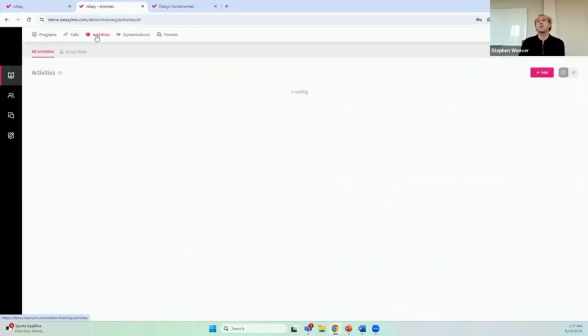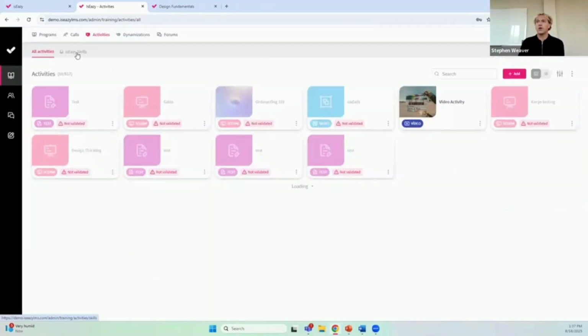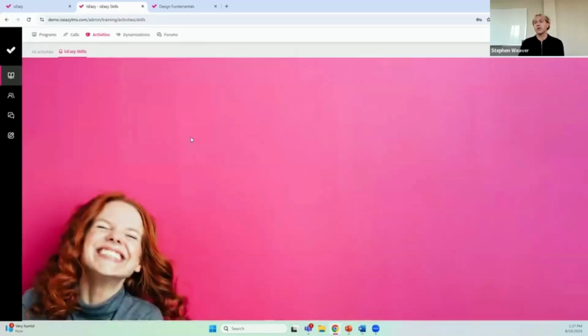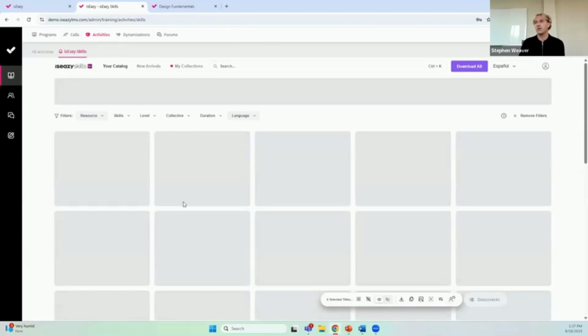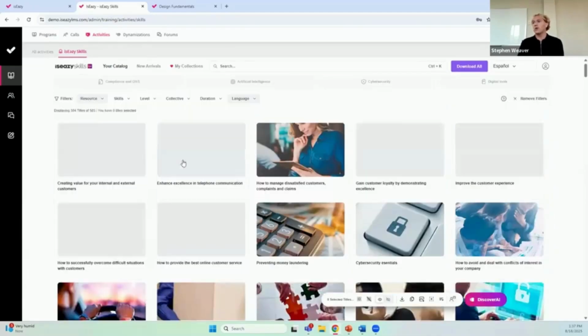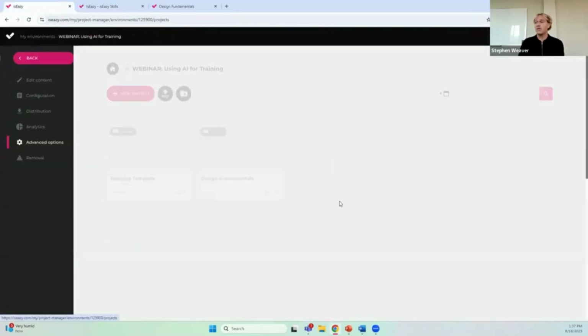here where all your programs are, and you can go in and actually stack on an activity like a formal evaluation, a formal test, or you can just grab from our IzEasy Skills bank of libraries, which is also in the all-in-one. These are all those pre-made courses I had mentioned at the start. So there's a lot more to look into with IzEasy, but I hope this was a good overview of IzEasy